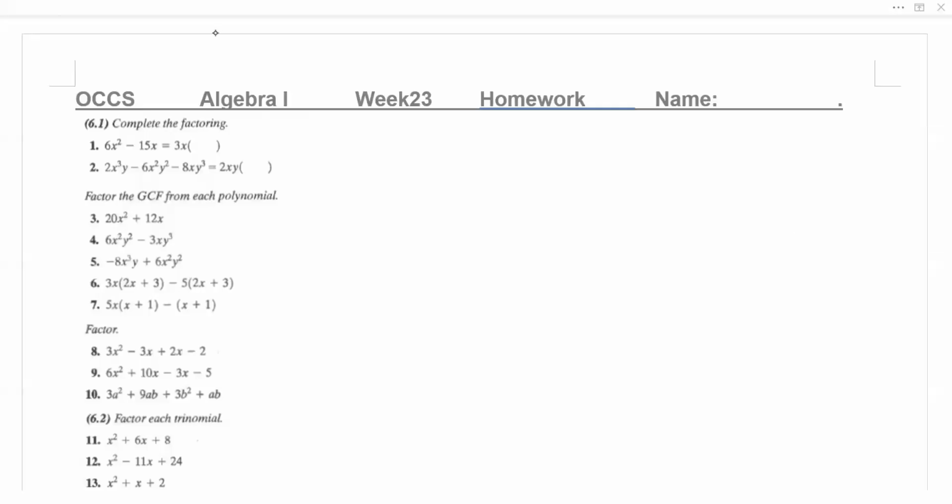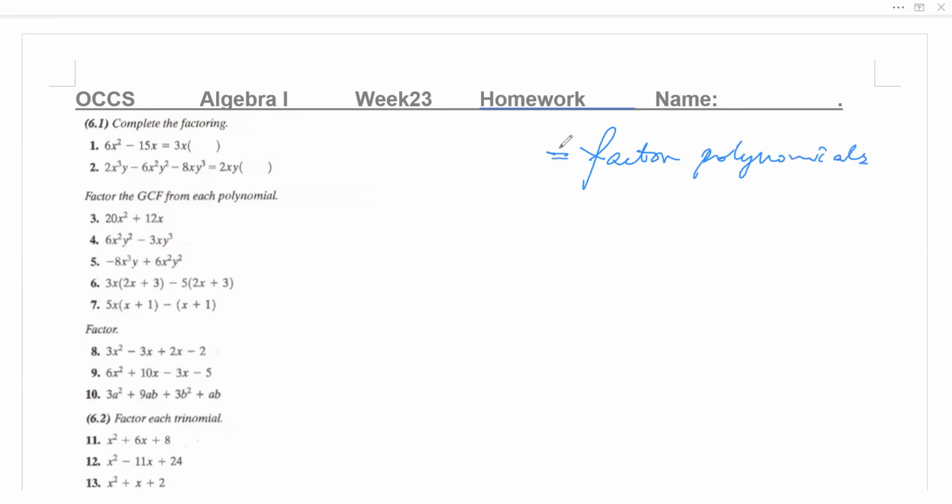This is week 24. So let's review homework first. Take your homework out. So first thing, let's check what we learned from last week. Actually, these several weeks, we focus on factor, right? Factor polynomials,